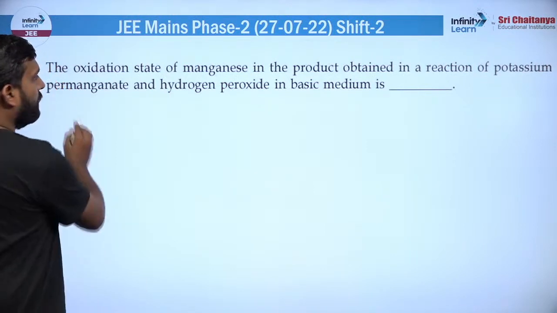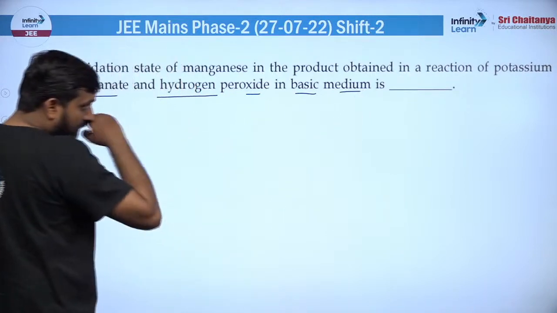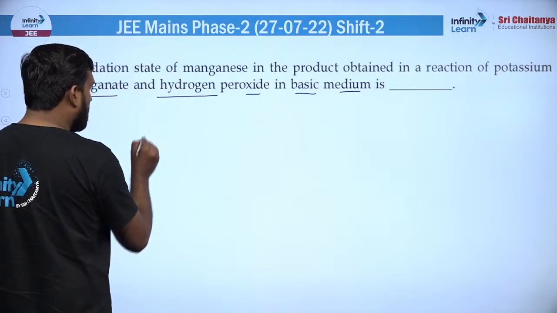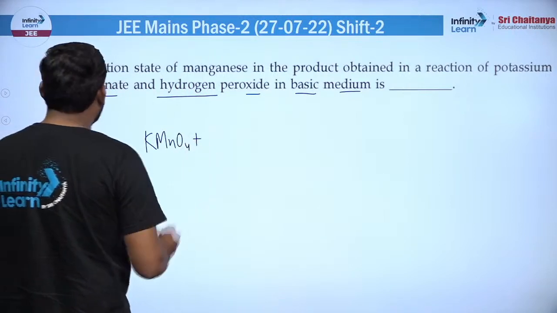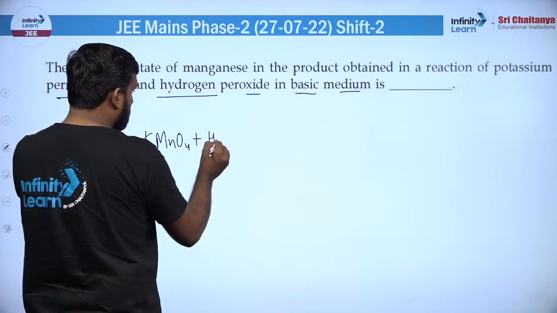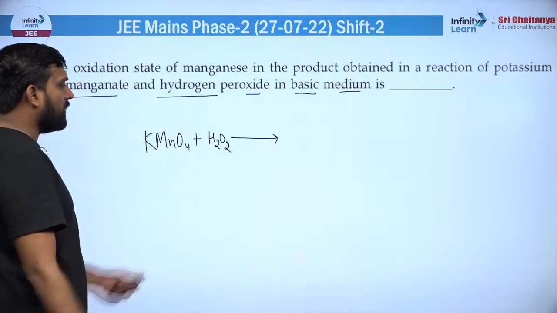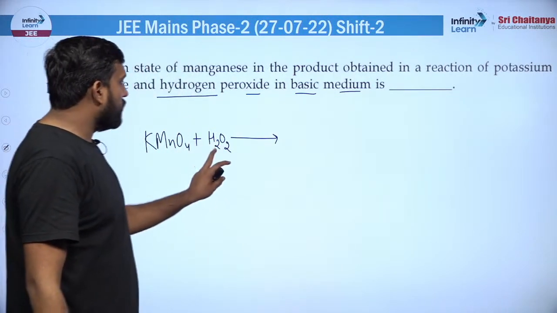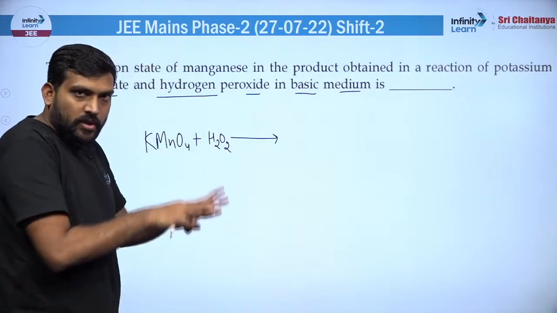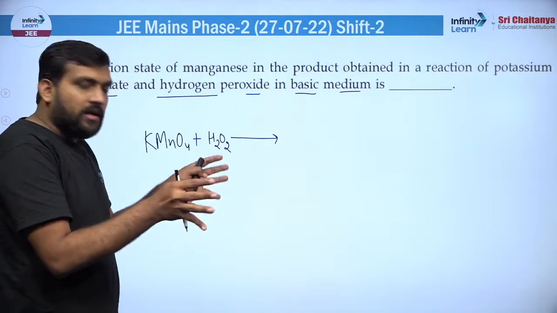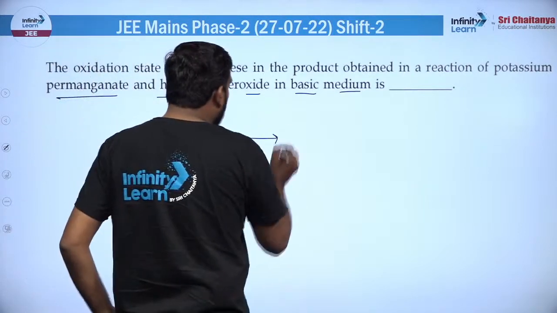द ऑक्सीडेशन स्टेट ऑफ मैंगनीज इन द प्रोडक्ट ऑब्टेन्ड बाय द रिएक्शन ऑफ पोटेशियम परमैंगनेट एंड हाइड्रोजन परऑक्साइड इन बेसिक मीडियम, ठीक है। देखो रिएक्शन जो होती है ना वो ऐसी होती है कि KMnO4 जो होता है वो एक्चुअली रिएक्शन करता है किसके साथ बेटा, H2O2 हाइड्रोजन परऑक्साइड के साथ, ठीक है। अब हाइड्रोजन परऑक्साइड जो है उसमें थोड़े बहुत हाइड्रोजन आयन भी होते हैं, तो हाइड्रोजन और इसका जो बेसिक मीडियम है ये मिलकर जो बेसिसिटी ऑफ द सोल्यूशन है उसको डिक्रीज कर देते हैं, तो अप्रोक्सीमेटली न्यूट्रलाइजेशन जैसी कंडीशन हो जाती है, ठीक है। और उसकी वजह से आपको पता होगा